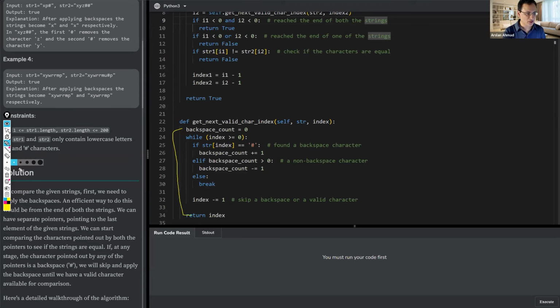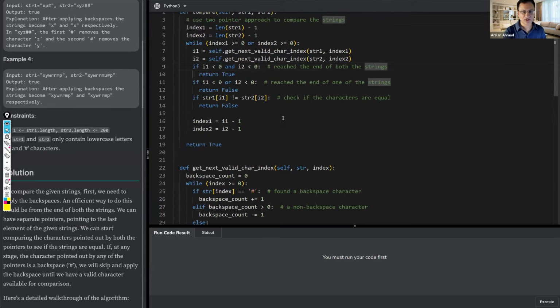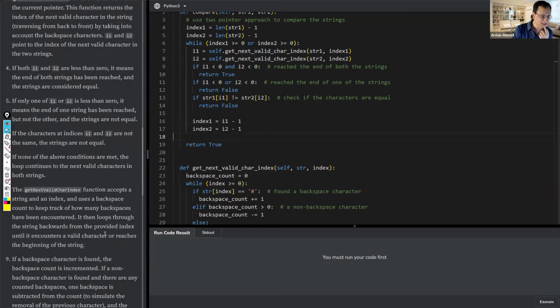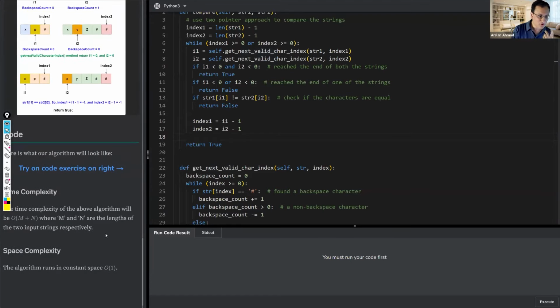Because we are calling this function twice over here, and it has a while loop in it, would it cause any issue? Would the time complexity still be order of n, or is it more than order of n? No one has the answer. What do we say here? It should be order of m plus n. It should not increase,